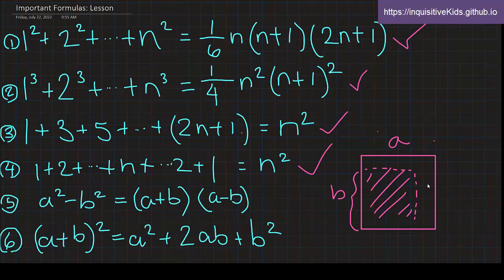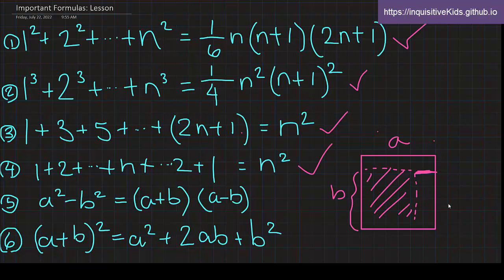Well, we can split the remaining part, this L shape right here, into 2 parts. Let's cut it right here. So this would be a times a minus b, and this part would be b times